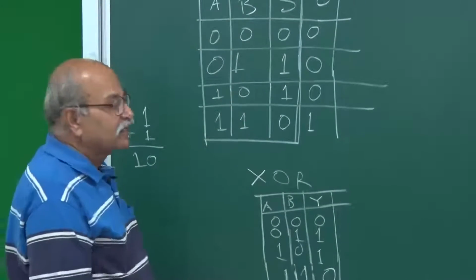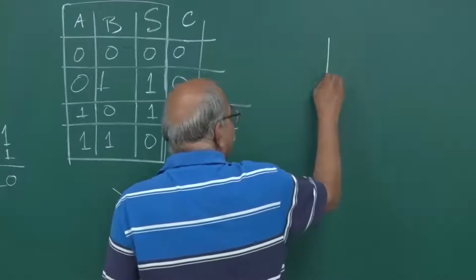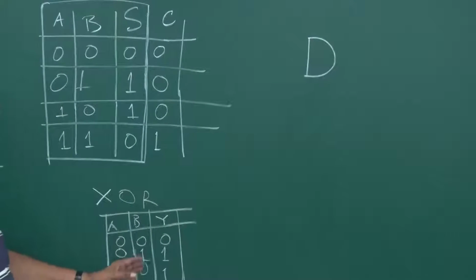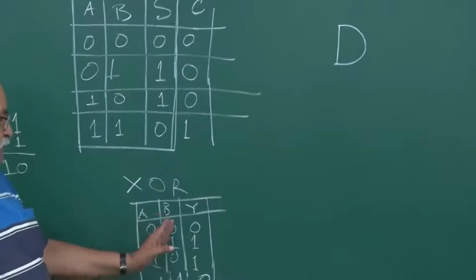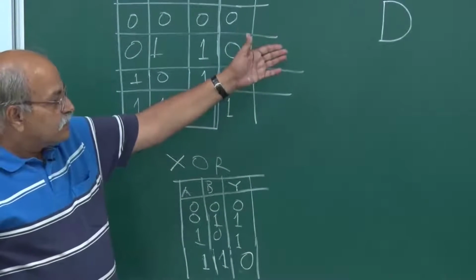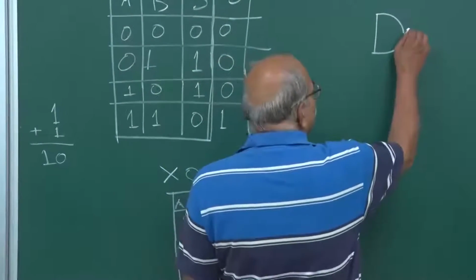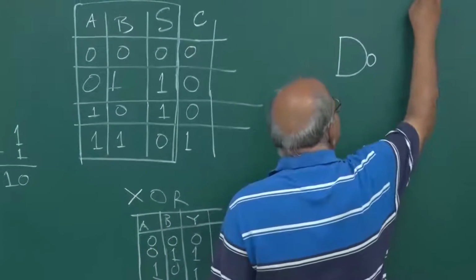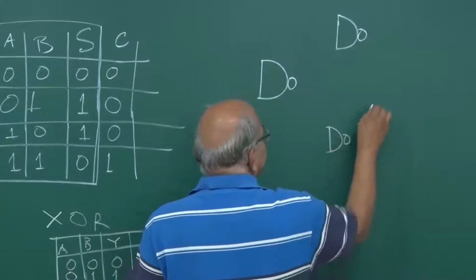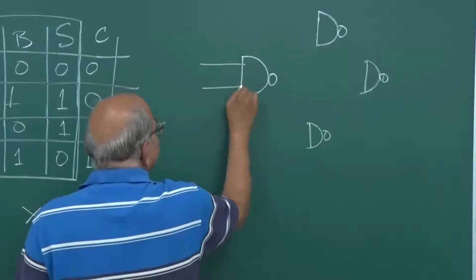How to implement that? Let me tell you the circuit and then we will check it. So first make 4 NAND gates. We will construct this digital circuit to give this kind of output with 2 inputs. I will give you the circuit made from NAND gates only. So first draw 4 NAND gates. So these are 4 NAND gates and here are the 2 inputs A and B.